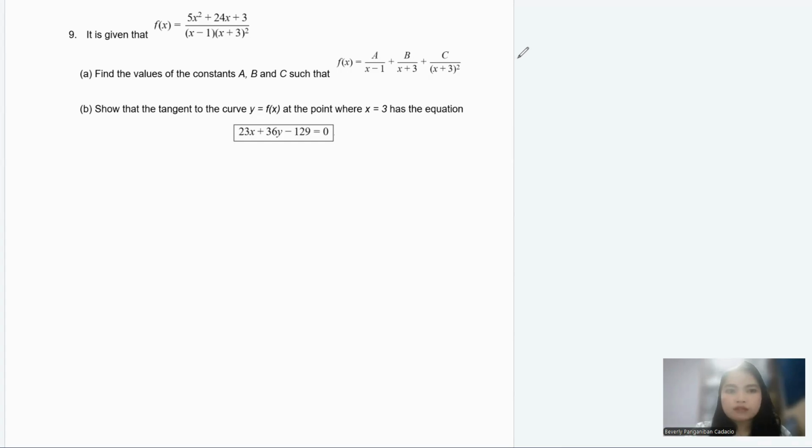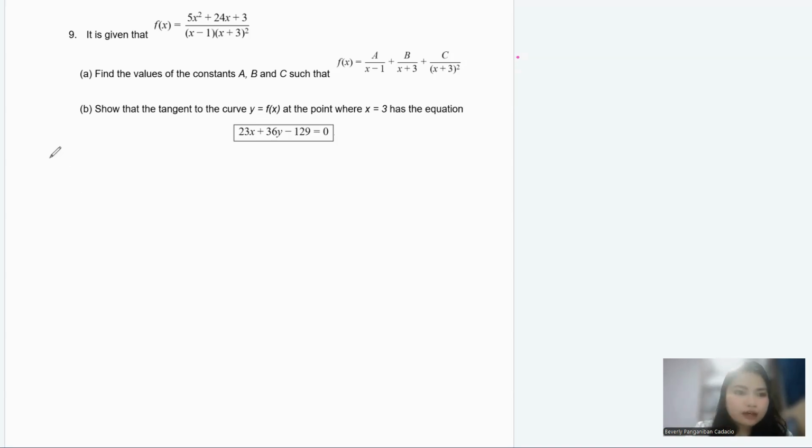Okay, now let's go with number 9. So you have a quadratic over a cubic, and it's repeated, so be careful on this one. Okay, so let's rewrite the pattern first, the one that we're going to follow. The suggested method here is to at least do substitution, then the rest will be a combination of comparing coefficients.